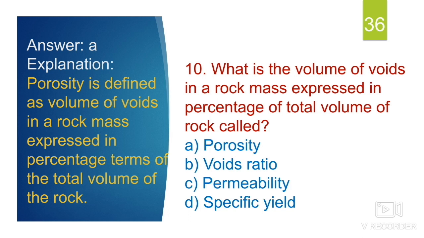Okay, in which pore spaces are there, some wide spaces are there which are generally filled with water. So that's why they have 2 to 3% of porosity. But if we talk about the highest porosity, that is in loose sands and gravels. So you have to keep in mind that loose sands as well as gravels have high porosity. And as given here, porosity is defined as the volume of voids in rock masses, expressed in percentage terms of the total volume of the rock. So the correct option here is porosity.